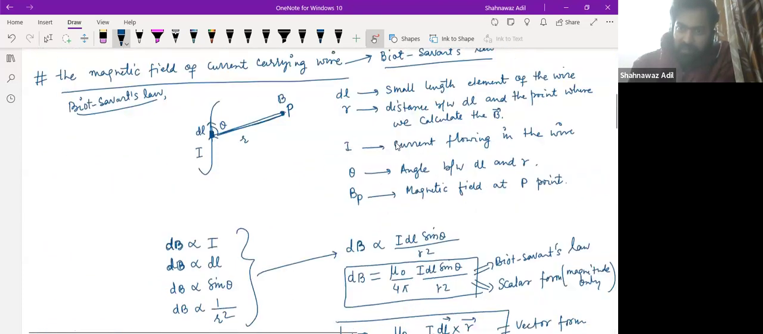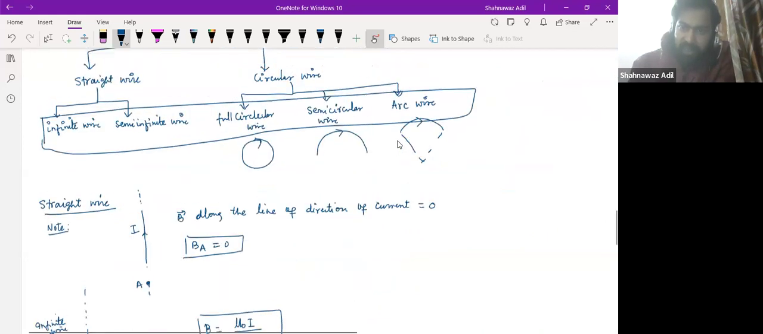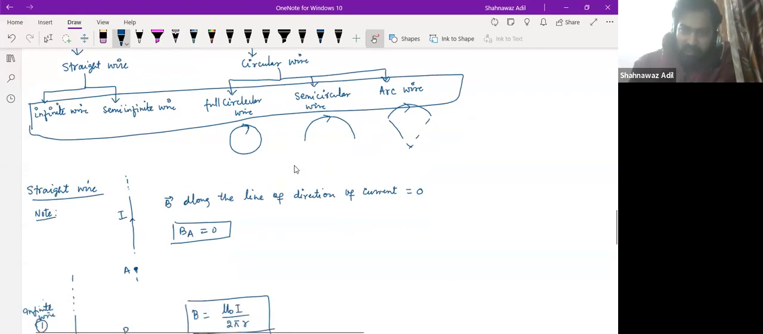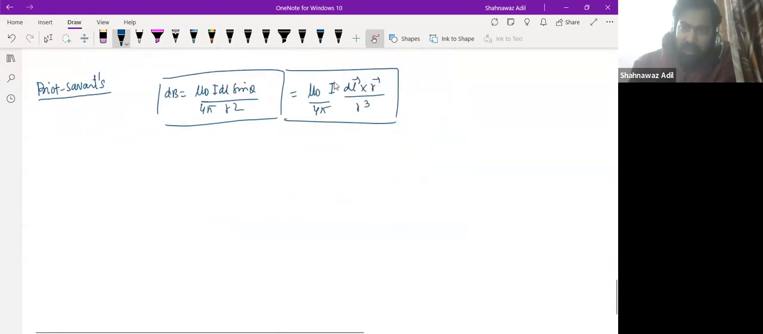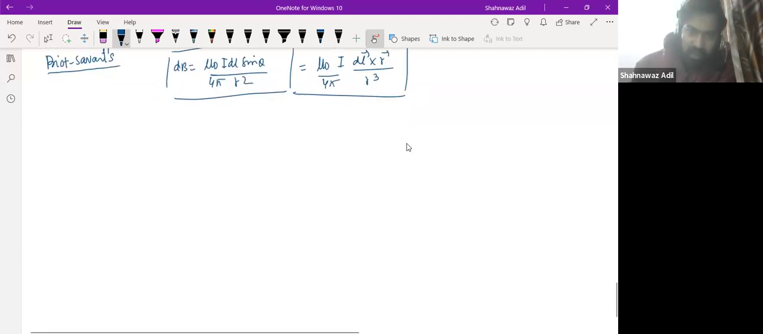the magnetic field due to straight wire, and then we have these three kinds of wire, right? And then we also talked about the direction of the magnetic field. Direction would be given by dl cross r. So now let us talk about magnetic field